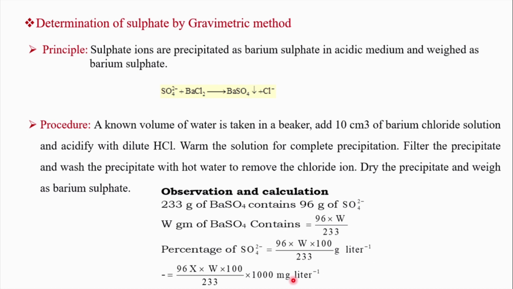So this is the estimation of sulfate in a water sample by the gravimetric method. We understood why we do this experiment: the sulfate ion limit is only 250 ppm, either in drinking water or in industrially used water, such as boiler operation. In the boiler, if the concentration is high, it will lead to scale and sludge formation, and for human consumption it becomes toxic.